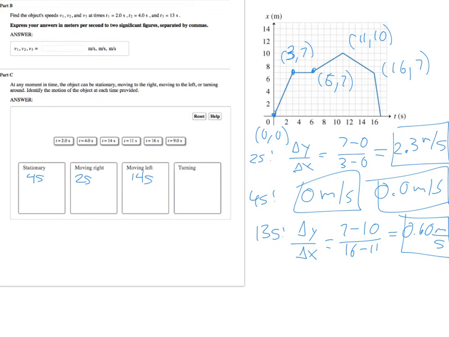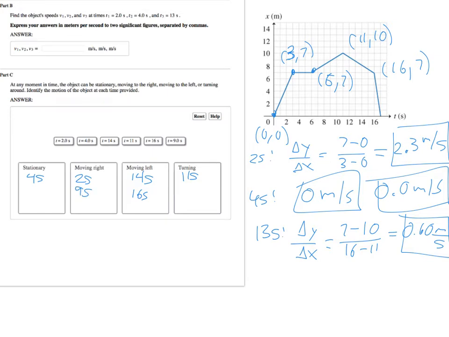At 11 seconds, that is this point right here, and that's actually a point where we are turning around. We're going from a positive slope to a negative slope, so that is a turning point. At 16 seconds, right in here, although we have a corner point, we're just going from traveling negatively at one speed to traveling negatively at another, so that's going to be a moving left point. And then at 9 seconds, which is right in here, we have a positive velocity, positive slope, so that's moving